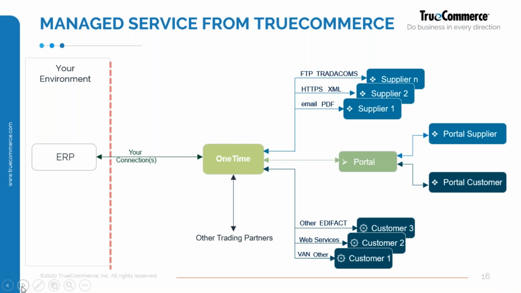Then on the other side, we see all the containers that we spoke about earlier in terms of TradeComs, XML, and even PDFs. So PDFs, we're certainly seeing a lot more of in the marketplace today for people that traditional EDI isn't the best fit for, but they've got plenty of paper coming in, and we can use PDF. We can strip the data from PDF and put it into a similar format to EDI, into a container that can come in and out of your back office.